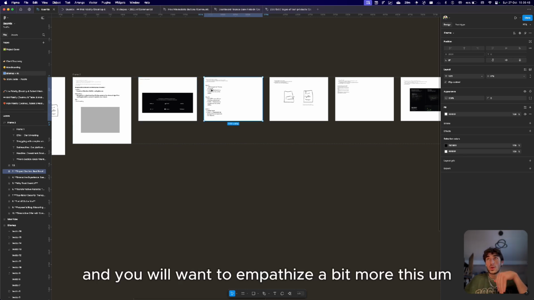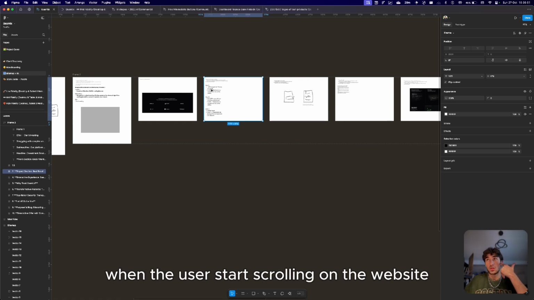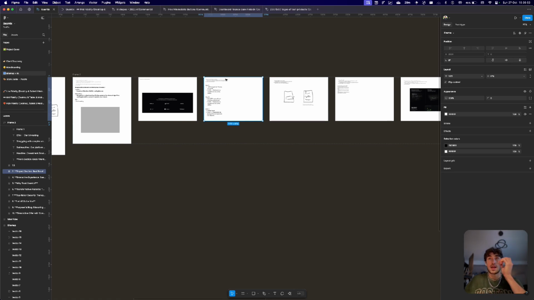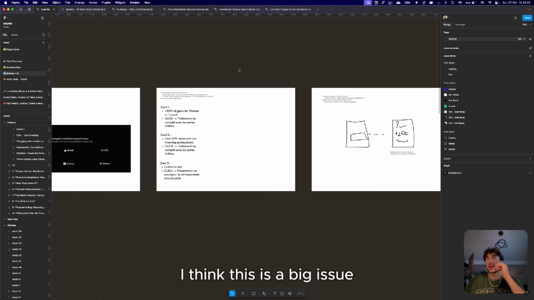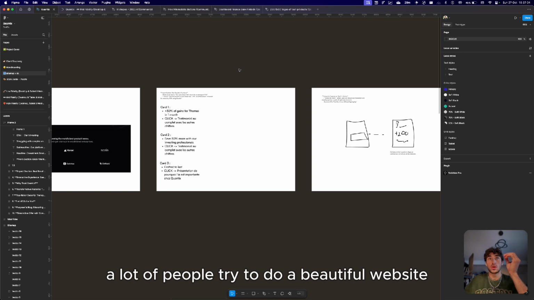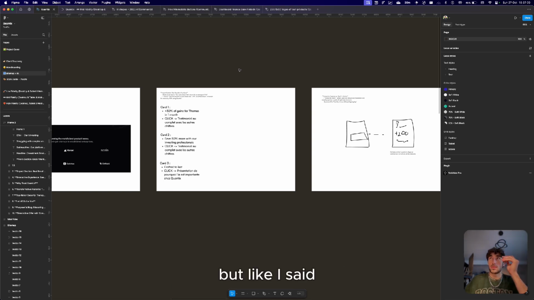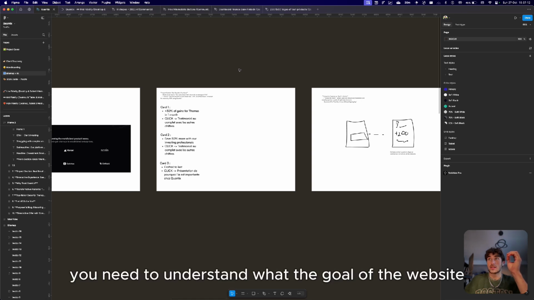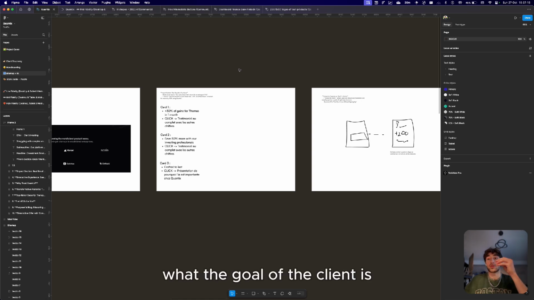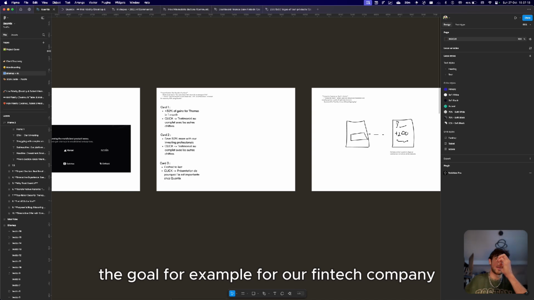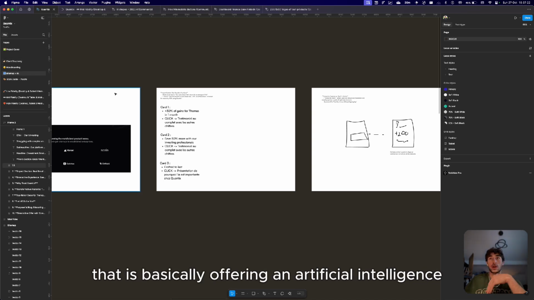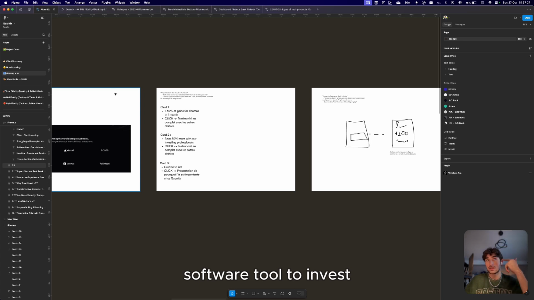And you will want to emphasize this a bit more when the user starts scrolling on the website. I think this is a big issue, because right now a lot of people try to make a beautiful website, and I understand that, and it's great. But like I said, you need to understand the goal of the website, the goal of the client. The goal, for example, for a fintech company that is offering an artificial intelligence software tool to invest,